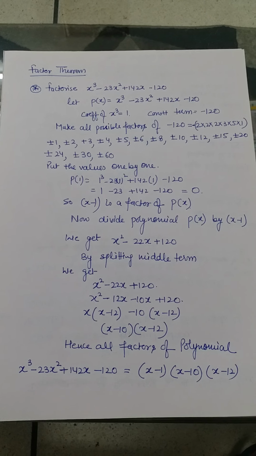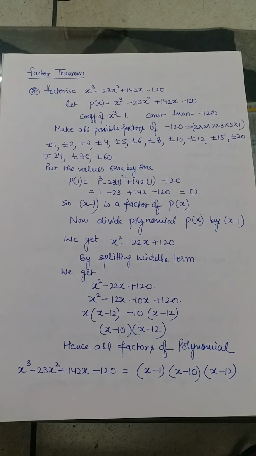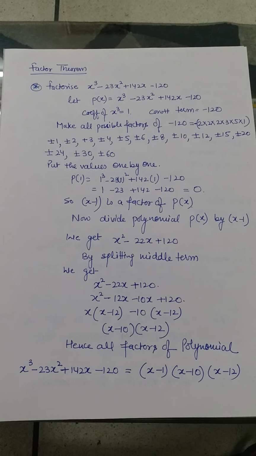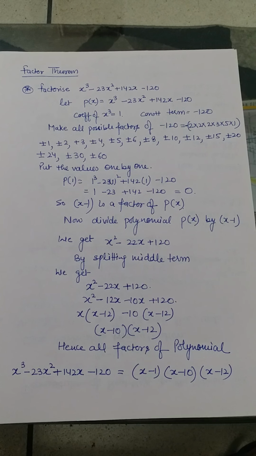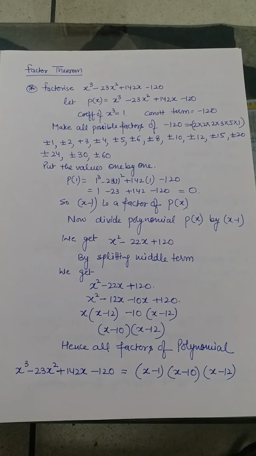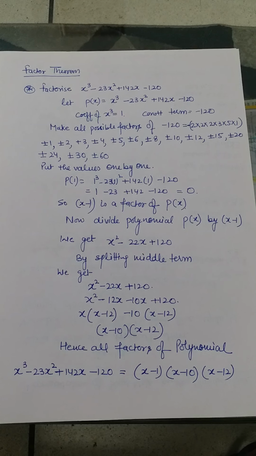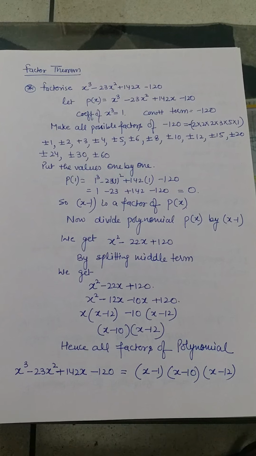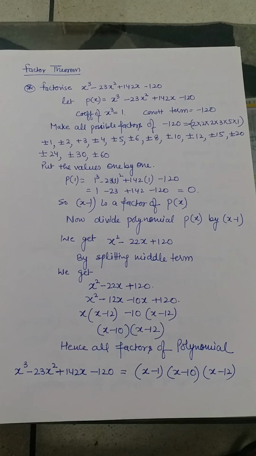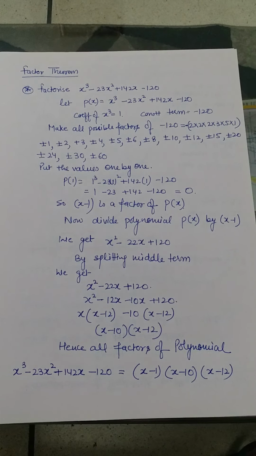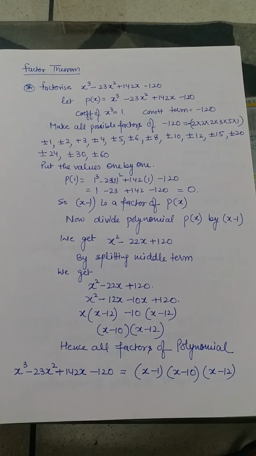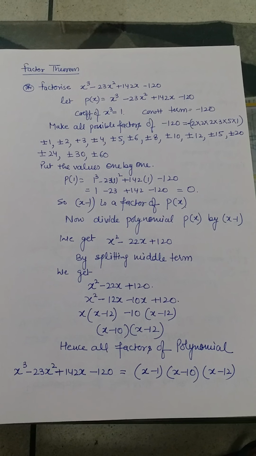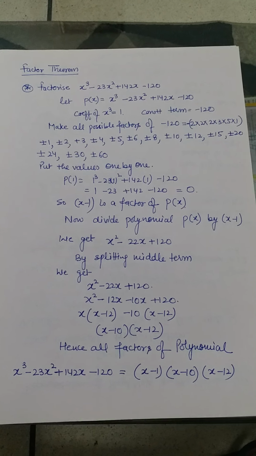Now by putting one by one from lower to higher terms, we want to find any one factor of the given polynomial. So when we put P(1), it means when we take x equals 1, we get the polynomial as 0. It means x minus 1 is a factor of the given polynomial. Now divide the given polynomial by the factor we found, x minus 1. So we get a quadratic polynomial because we have a cubic polynomial.